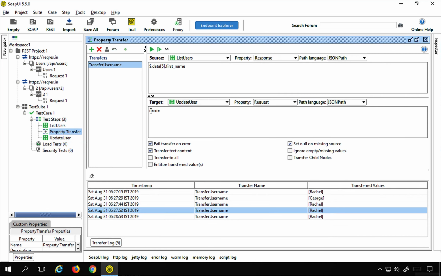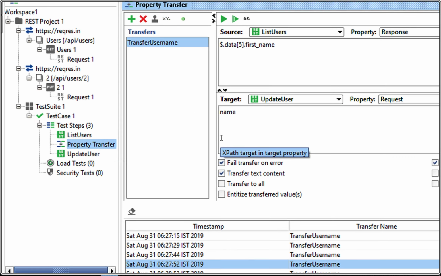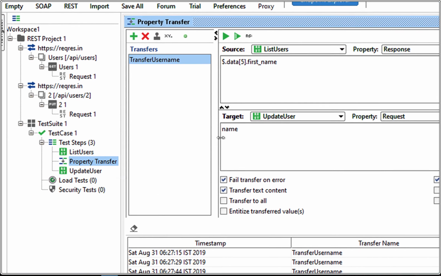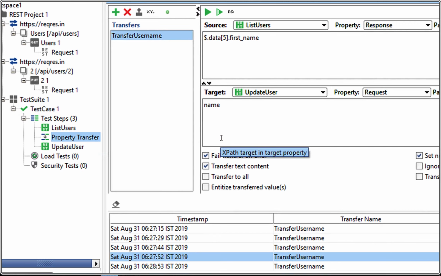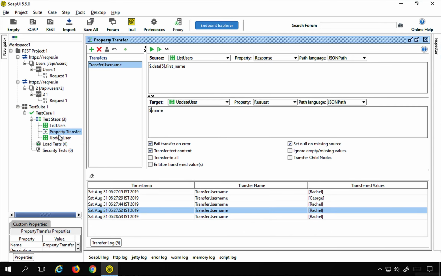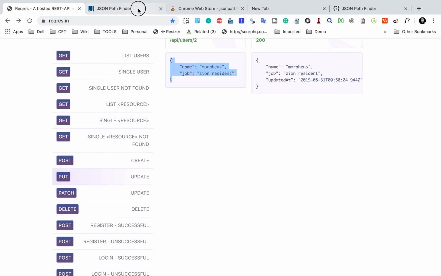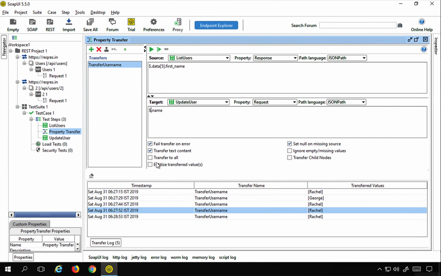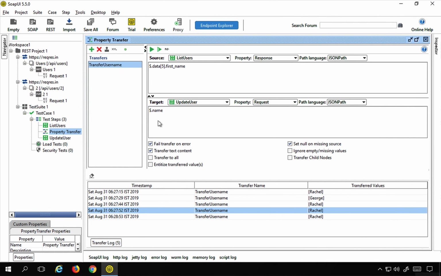You can also say here dot name, you can say dot name or dollar dot name, everything will work. And of course you can also use the same tools JSON Pathfinder to find the JSON path here as well. Now if I run and check, everything is working fine. So I will